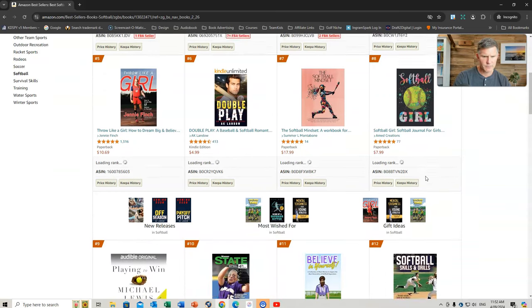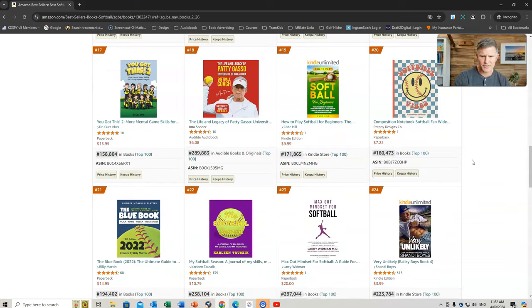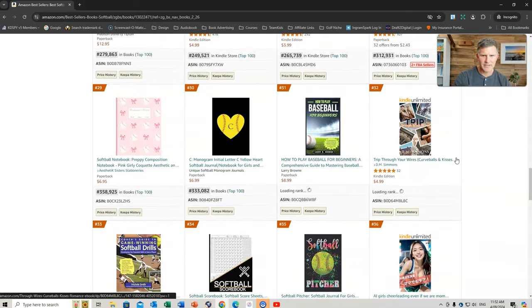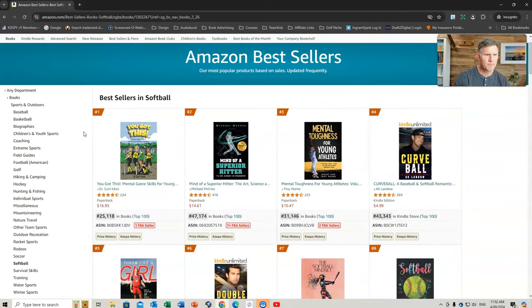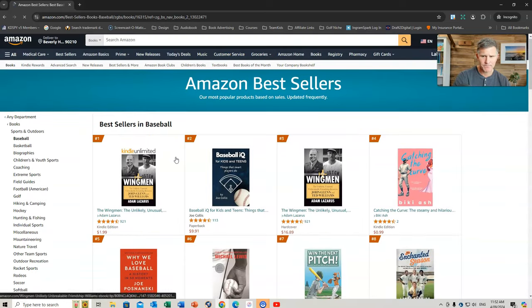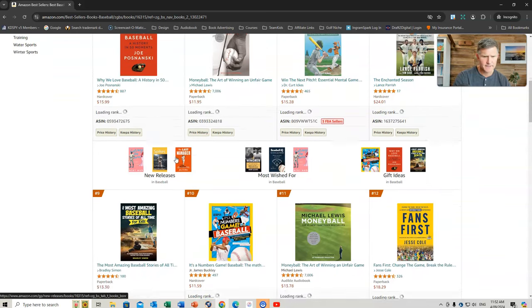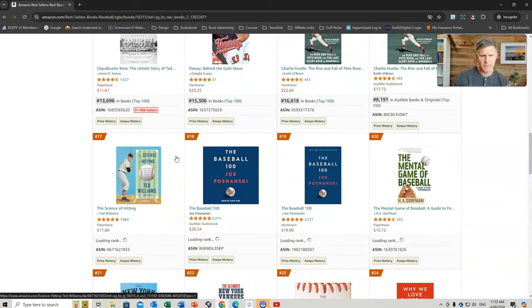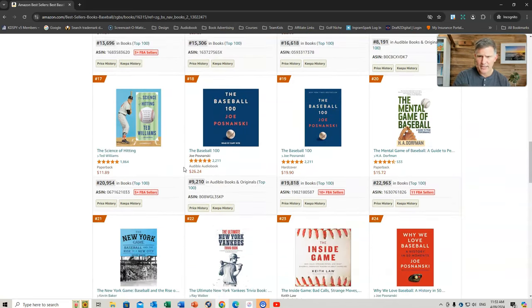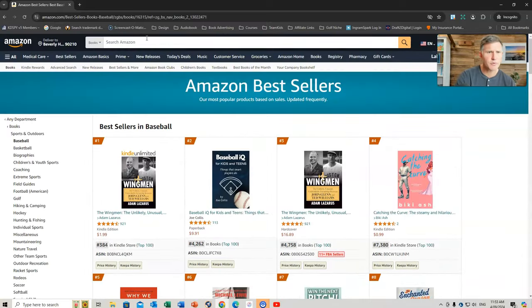We'll wait for this to come up. So we're just looking at composition notebooks as well, 180. We keep going down. Again, the rankings aren't great for softball books, but we could go for baseball, which might be a bit better. And we can have a look at the rankings with these as well. You can have a look at some of a lot of history books are here. There could be some children's books that you could do on baseball, say